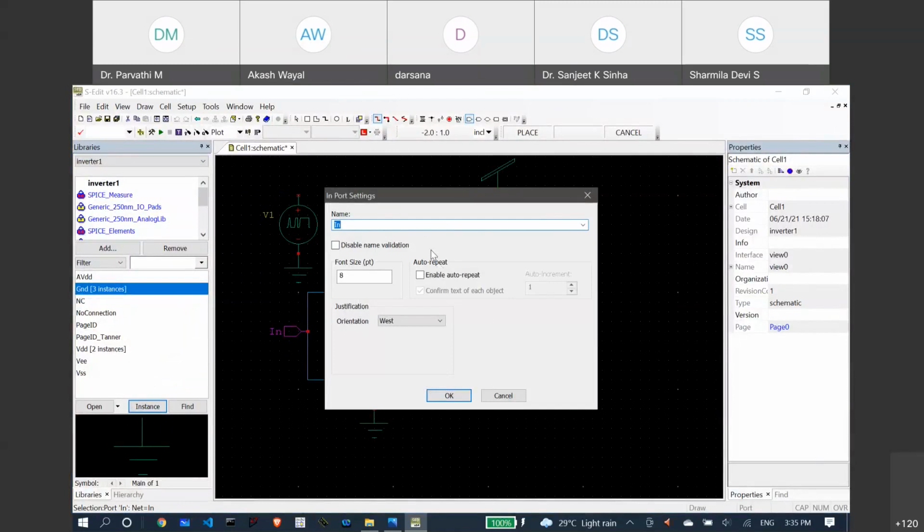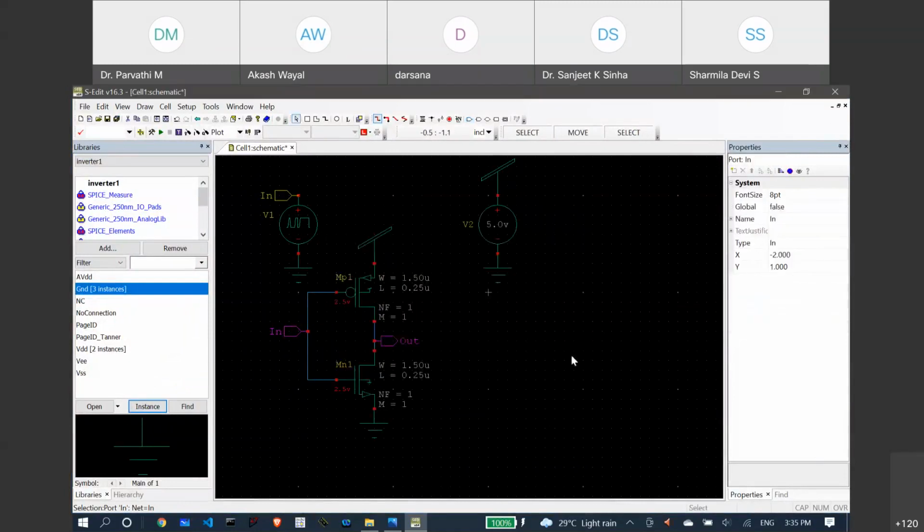Okay, don't change anything, you just press OK. Now it is correct. Now your design is completed, right? Now you have to see that waveform. For that, you have to use those commands, print voltage. So for that, we'll go to the library, select the commands,